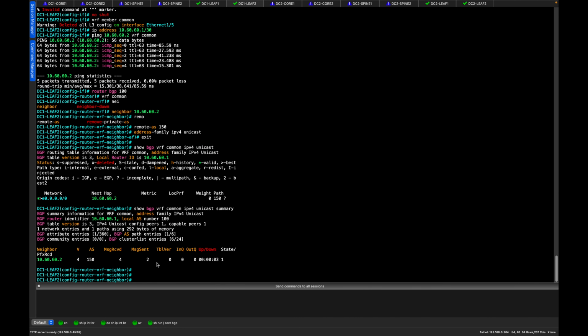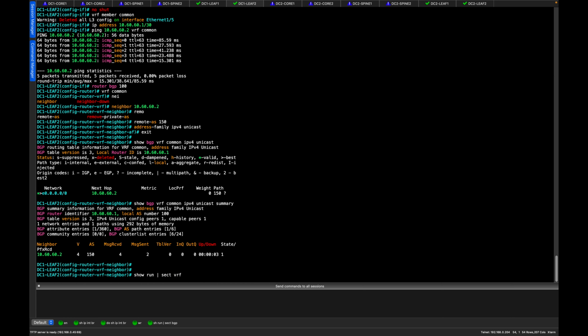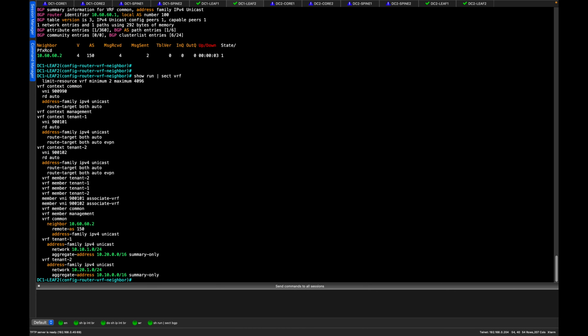So let's continue and do a bit of route leaking. So if we look at the VRFs at the moment, we've got common, we've got tenant 1 and tenant 2. So what we want to essentially do is we want to get the default route out of this common VRF and into the two tenant VRFs, and then we want the tenant routes to come out and into the common